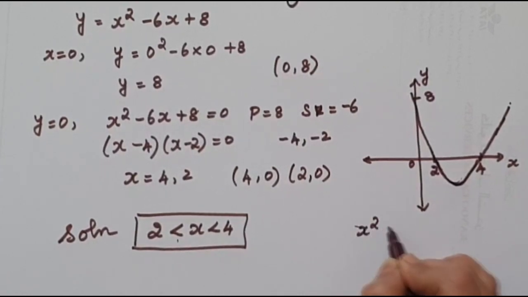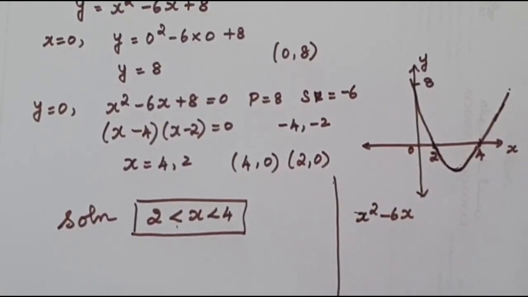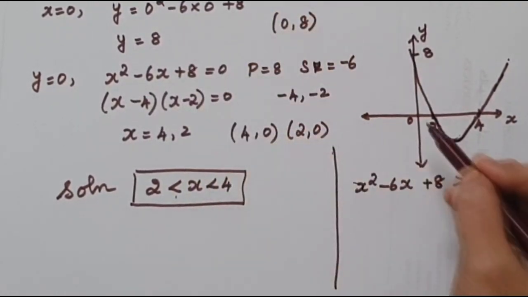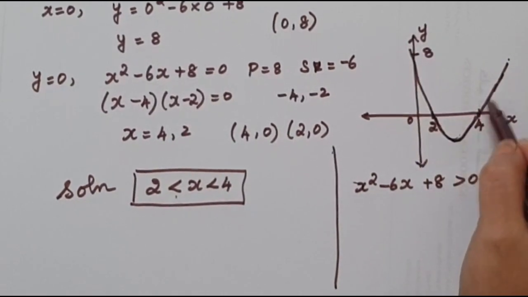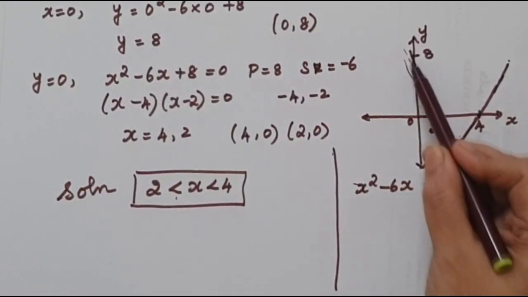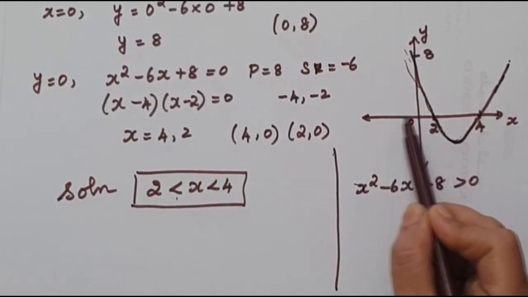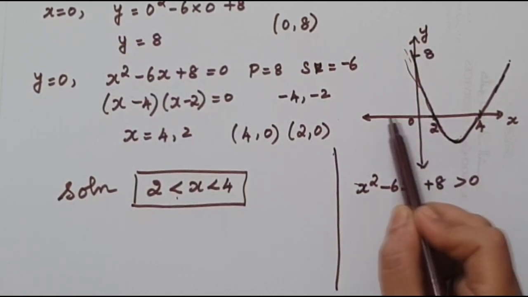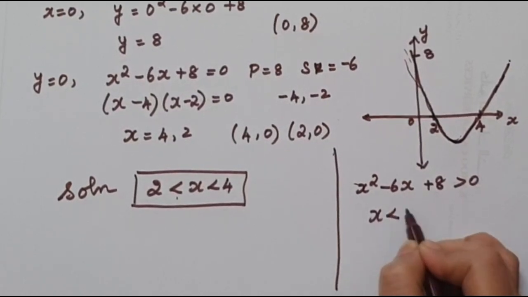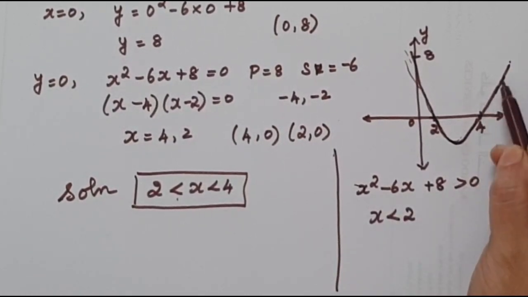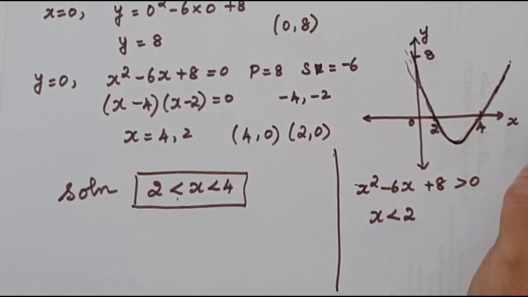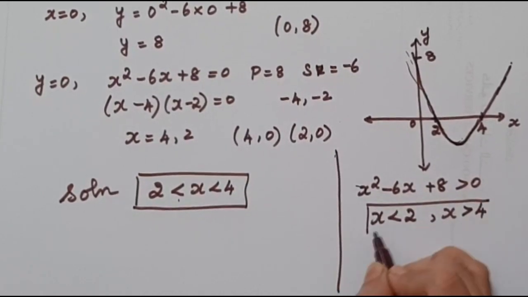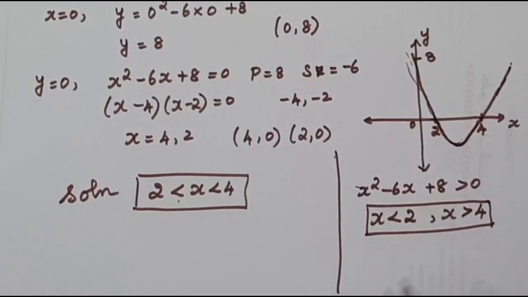Suppose the same equation was x squared minus 6x plus 8 is greater than 0. In that case, we'll write all the procedures, then we draw the graph. Our graph is above, which is greater. When I extend the graph over here, it goes to the left side, which gives us the x values. These values are all lesser than 2. So x will be less than 2. If I take the graph over here, this side, these values are all greater than 4. So x will be greater than 4. So this will be the solution if it was a greater than instead of lesser.